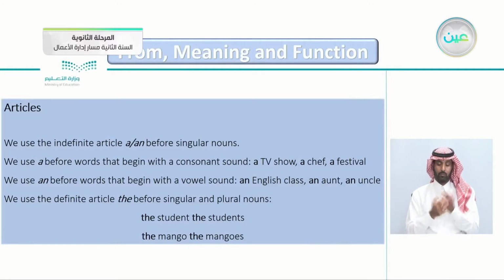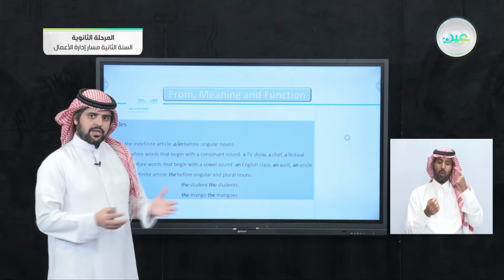So we begin with articles here. We use the indefinite article a or an before singular nouns. Of course, this is very well known.